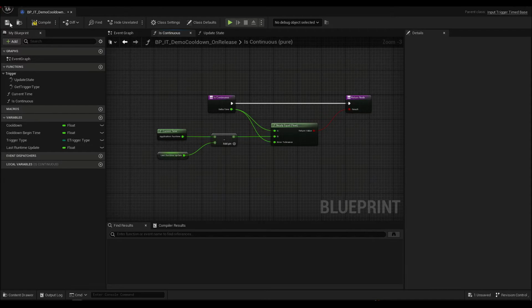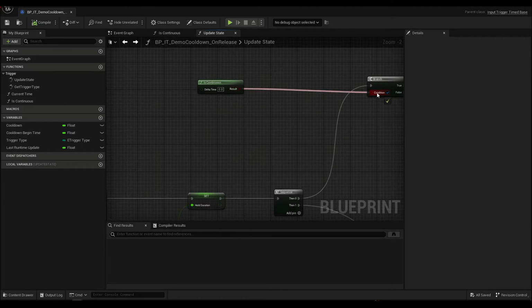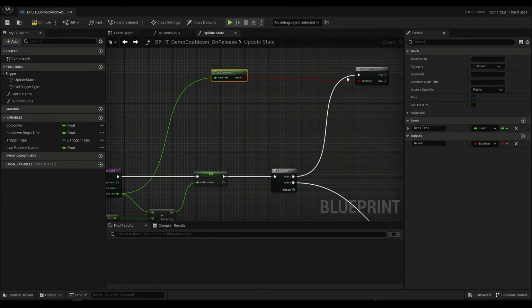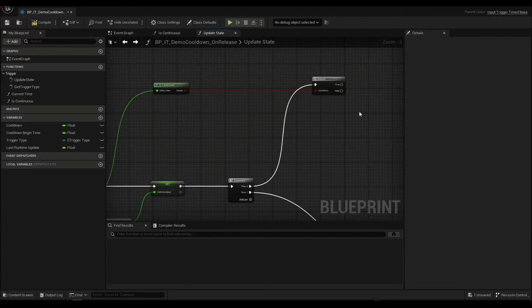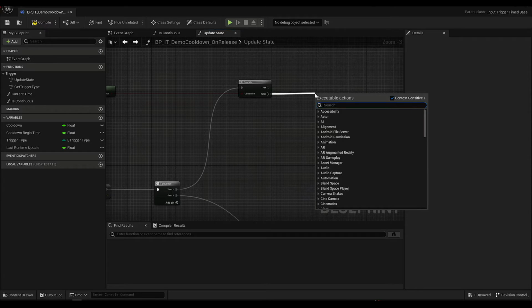This will never fire when the key is released, because it would be so much easier to just have a function or event execute once the key is lifted, but that doesn't happen with a trigger. So this is the alternative. Okay, so we have our nearly equal. Plug that where they go. So we don't actually care if it's continuous, we care if it's not continuous, where you then set